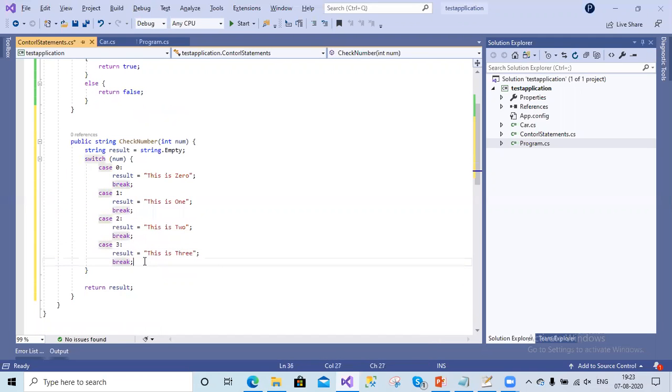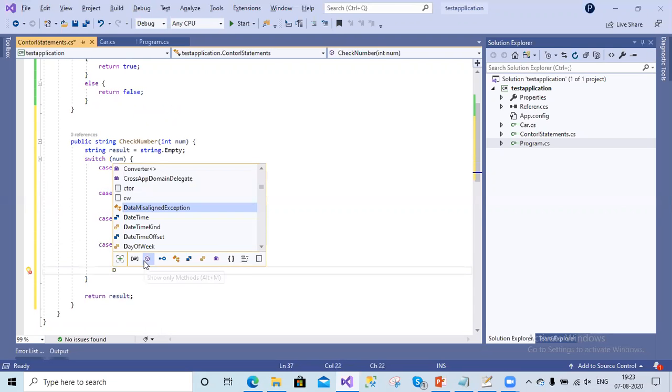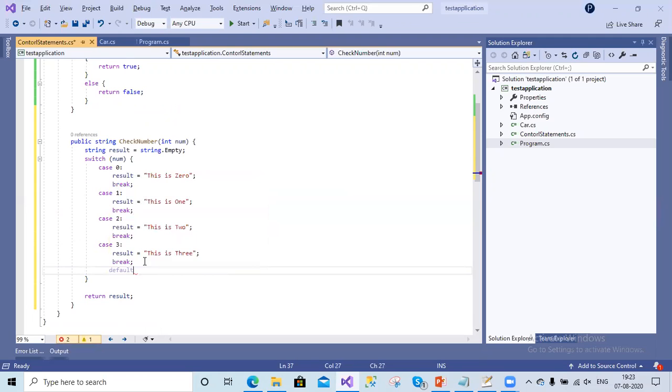At the end of the switch statement, let us put some default condition. It will start with the default keyword, then a colon, and result we will store as no number is matching. And we have to end the default case also by using the break statement.